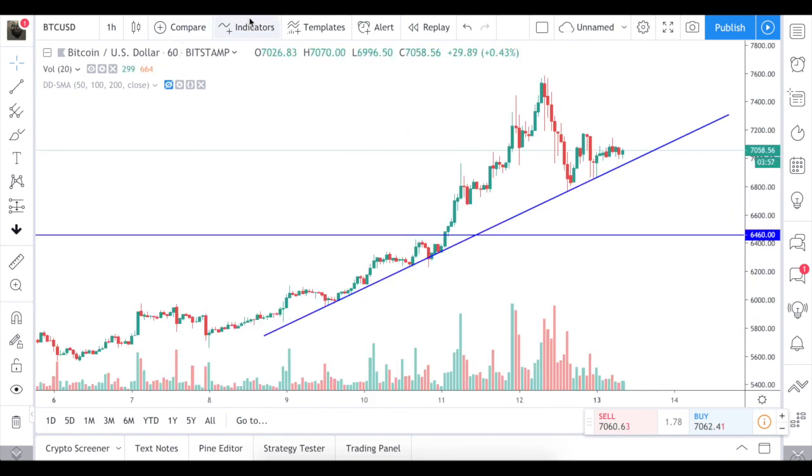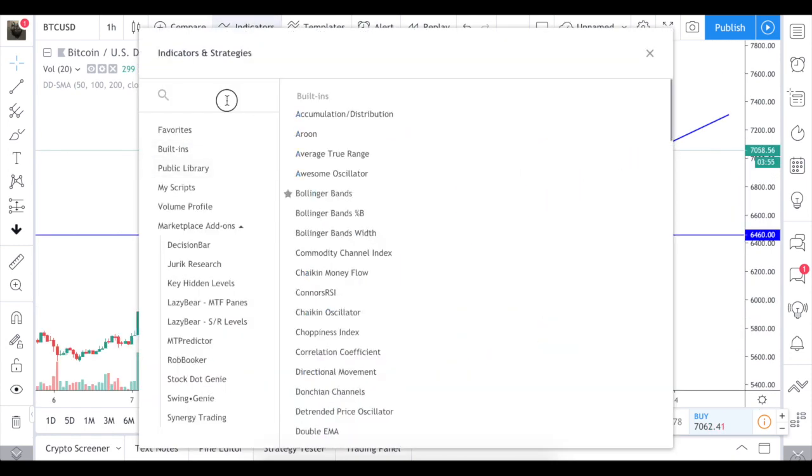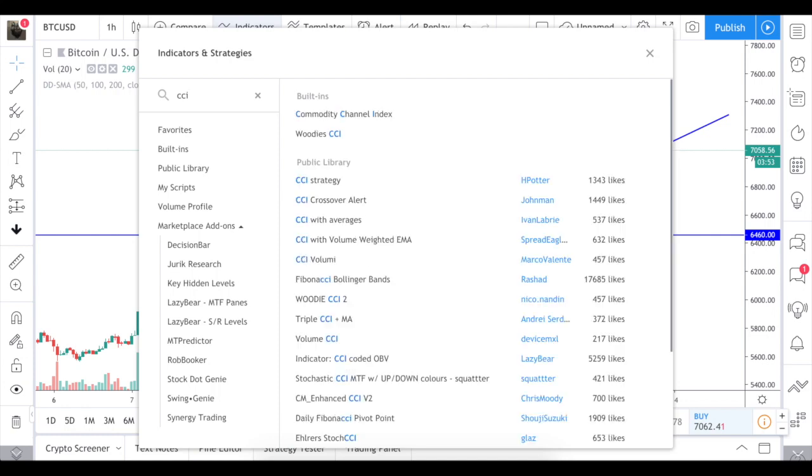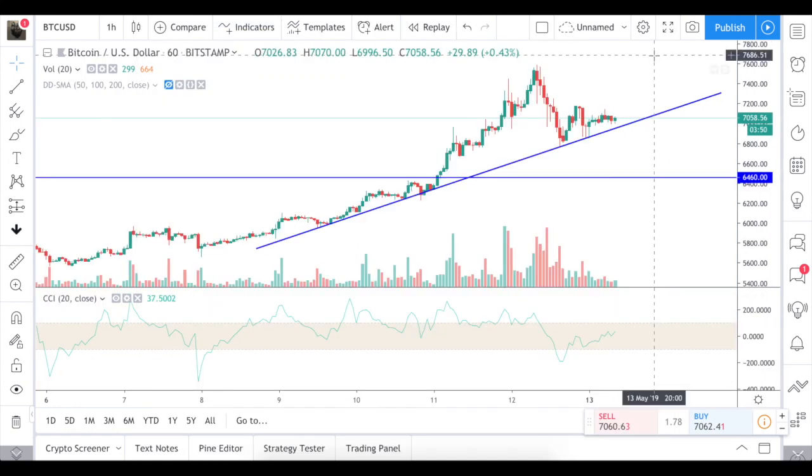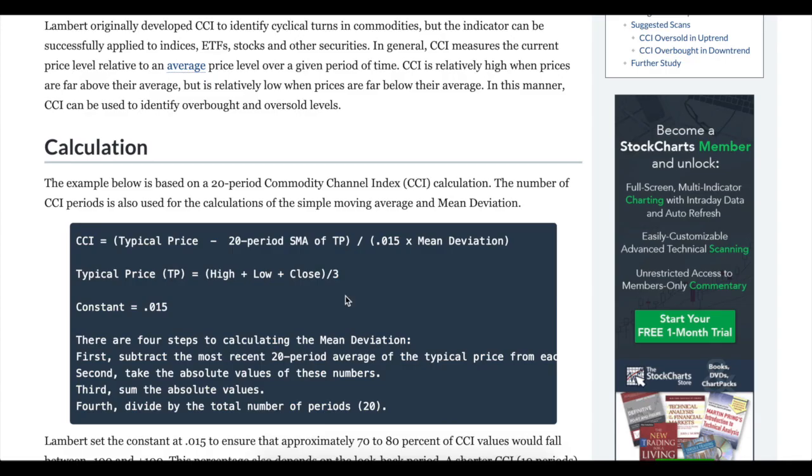But while this is a relatively bullish indicator, I was going to show you another one, which is called CCI, or Commodity Channel Index. What it does is calculate the relative change in the price compared to the average, identifying overbought and oversold levels. Here is again the formula: the typical price, which is the average of high, low and close of the price,